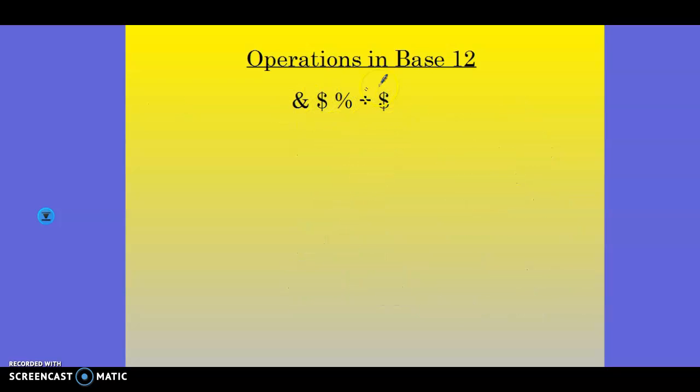All right, so this could also be written as how many times will the dollar sign go into and dollar percent. So it's just like regular